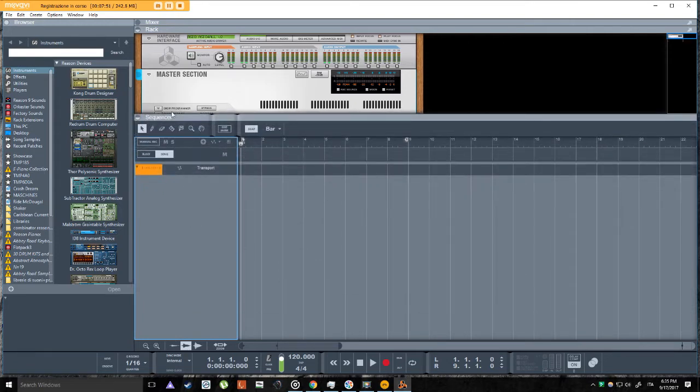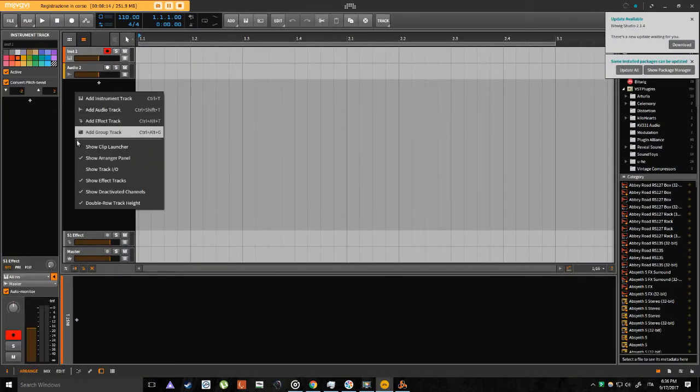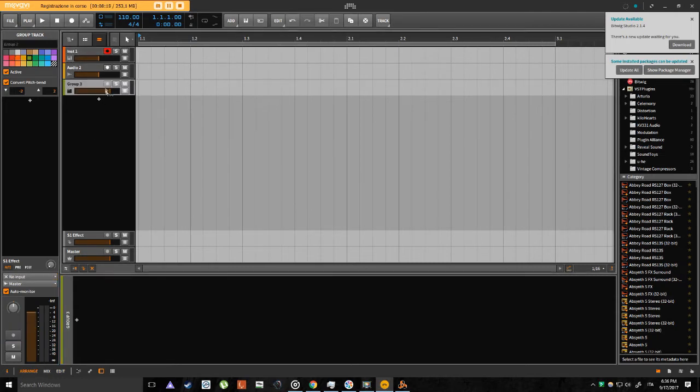Imagine that we have to create an orchestral project. If we have to create an orchestral project, it means we have to deal with a lot of tracks, and it's better if we have the possibility to group them. For example, let's see in Bitwig. Let's say that I want to create string instruments. I can create a folder and group them as strings,